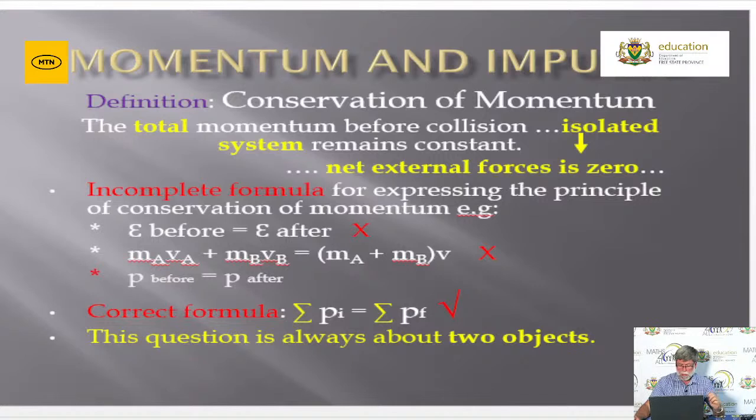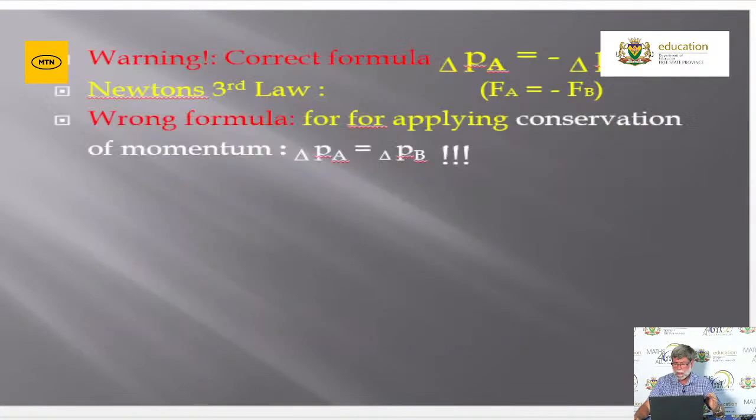Right, this question is also always about two objects. Then, there's a tendency for some learners to use this formula to calculate a scenario about the conservation of momentum. No, that is a totally valid formula. But the problem is that the learners don't really understand this equation, so they substitute it wrongly into this equation,